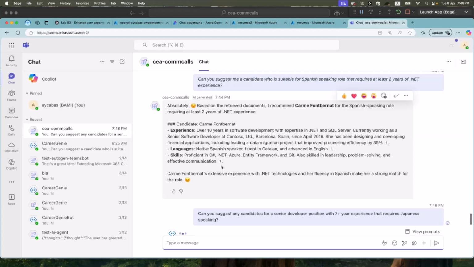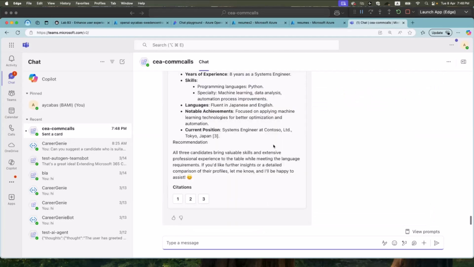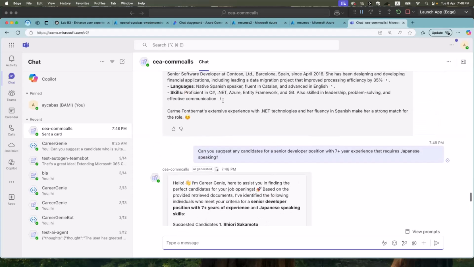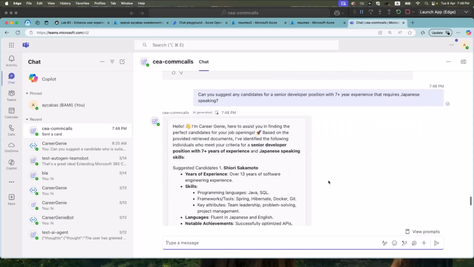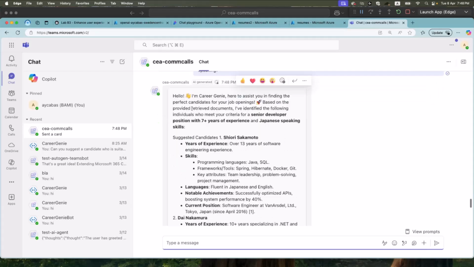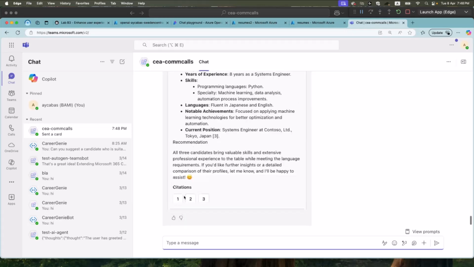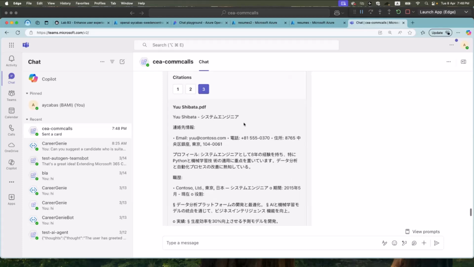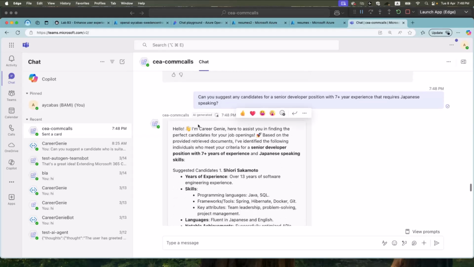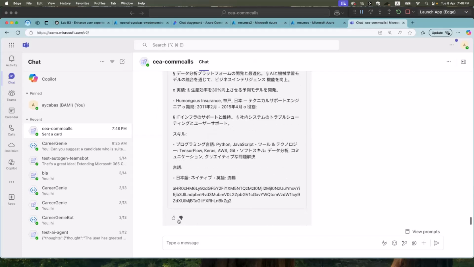But what I'm expecting is a more advanced citation. Here, as you can see, the previous citation is a bit limited. If you want to customize the way the agent replies, then you can create your own adaptive card. And here we have some candidate suggestions. If you click on the citation, you're able to see the full resume suggested for you. In addition, instead of having only AI generated, we also have a confidential label available in our answer. We also have thumbs up and thumbs down buttons at the bottom.